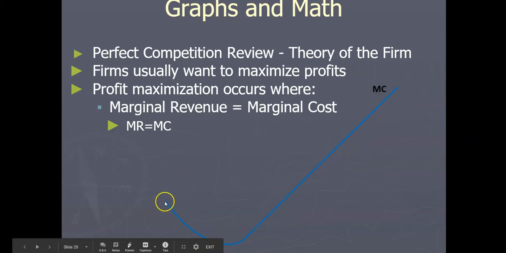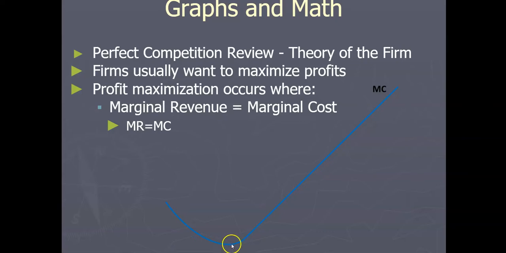And what this is showing is as firms make more and more products, initially the marginal cost, the additional cost for each product, is getting smaller because of something we call economies of scale. At one point, though, the law of diminishing returns will set in, which is what I just described when we talked about the batteries. And at this point, to make more and more products, each additional product is costing us a little bit more to make because we are not making them as efficiently as before. All right, so